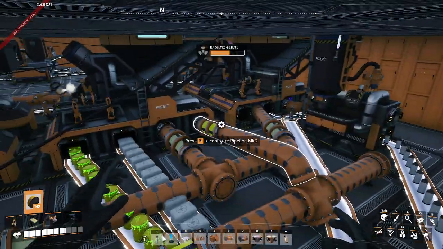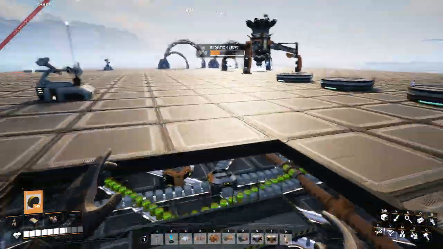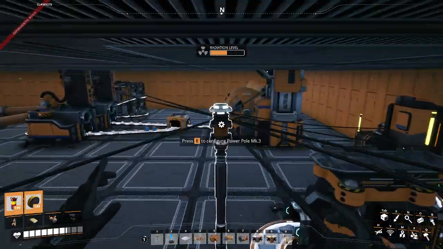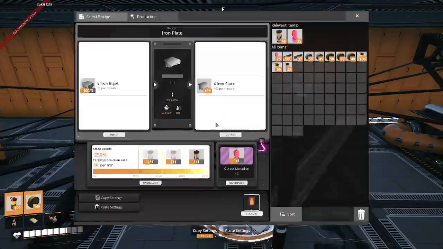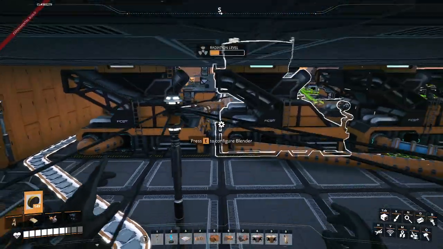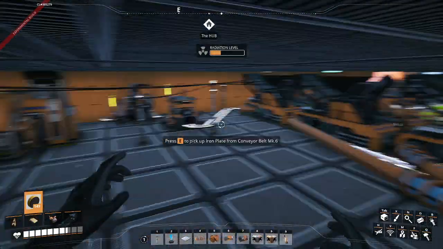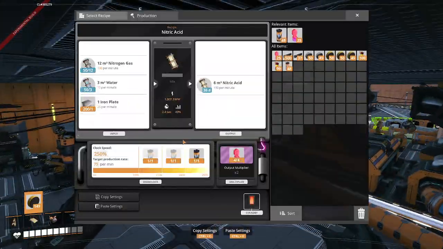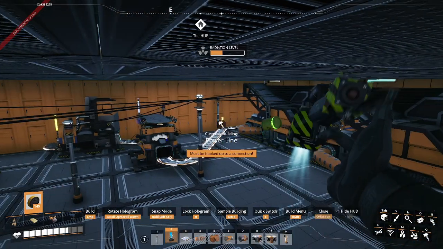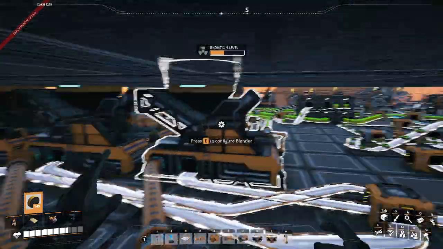Now, for some odd reason, it's all getting disconnected because this was hooked up to this line. I know this line was being powered because I needed to so that I could get the iron plates for it. But for some reason, it was disconnected, and these two were also disconnected completely. I had to rewire them, reconnect them with the power lines because they were disconnected,